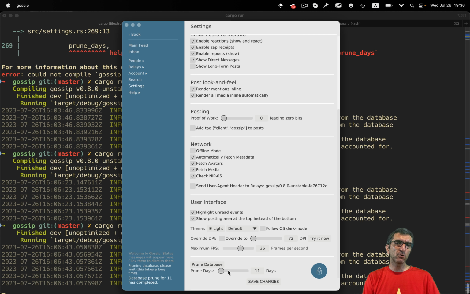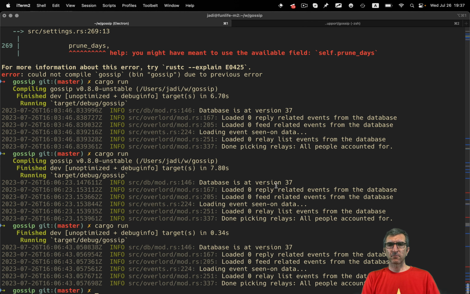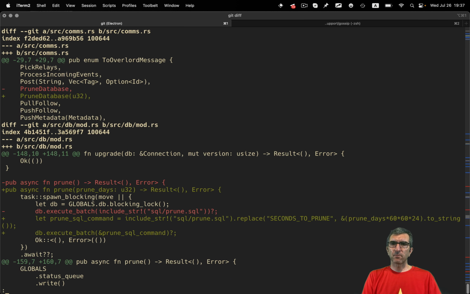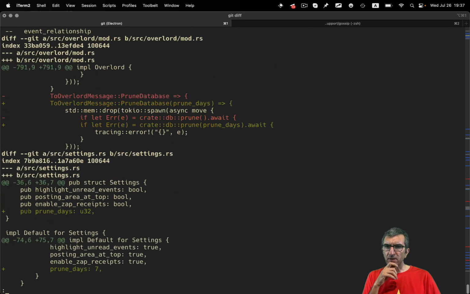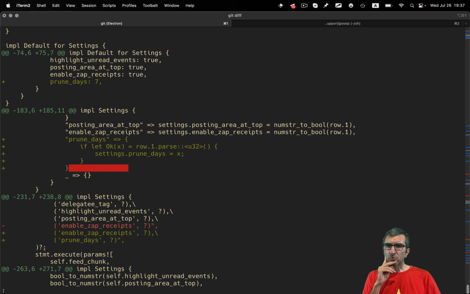Later, it might be good to have an auto prune. So each time the client starts, it does this pruning automatically to prevent them from stacking up and making everything much slower. Anyway, now our change is done. Let's go for git diff. Okay, we added a variable to be passed, prune date. Cool. I'm just checking to make sure that I'm not doing something super ugly, which I'm doing.